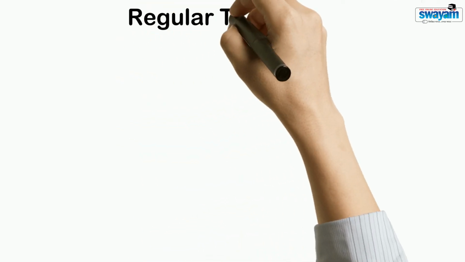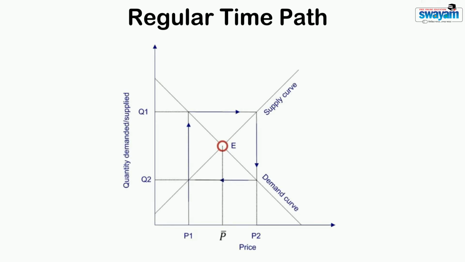If you try to draw the demand and supply curve with equal slope, we get a figure like this. This shows that the divergence of the current price from the equilibrium price remains the same for different time periods, and we have a regular time path. The arrows move around the same square.